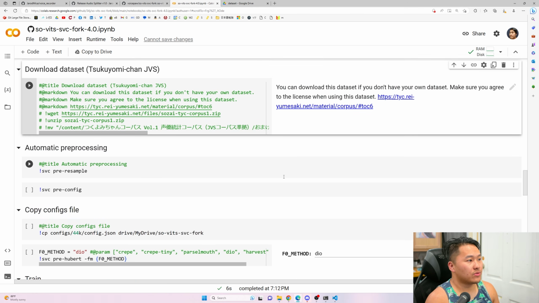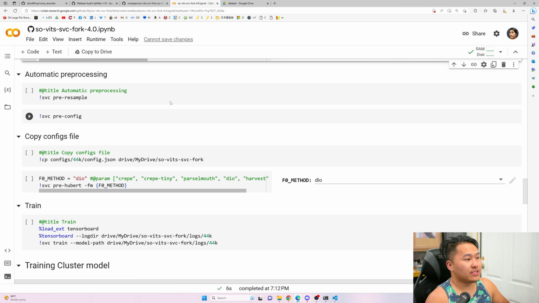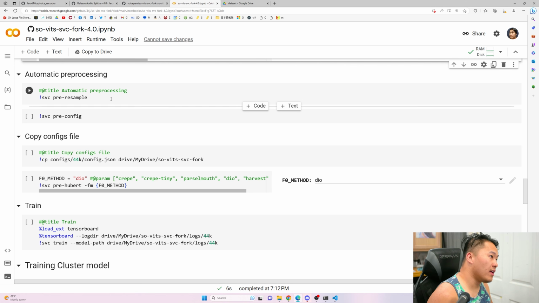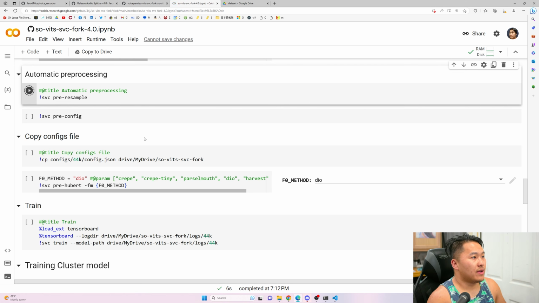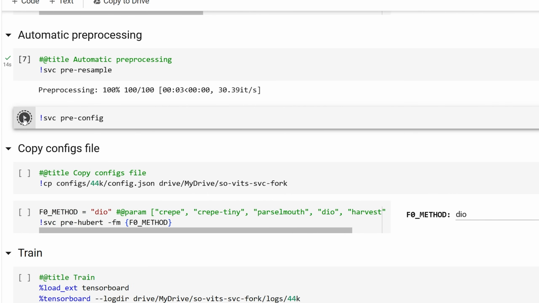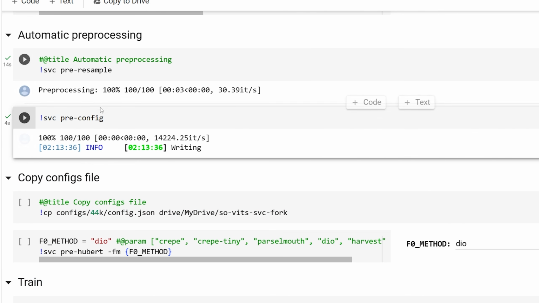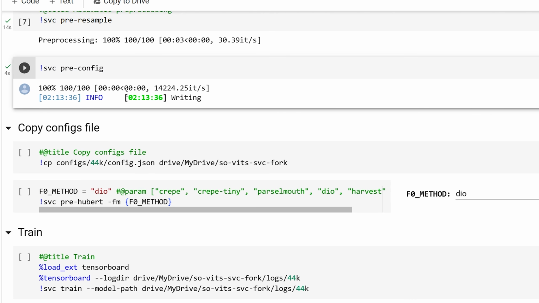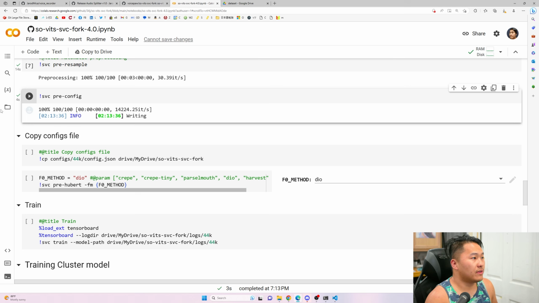So we're going to scroll past this cell, and these are the next 4 important cells that train your model. So the first thing is we're going to do pre-processing of the data. And then what we want to do is pre-config here. And so this creates a configuration file that we'll need to configure. So what we want to do now is